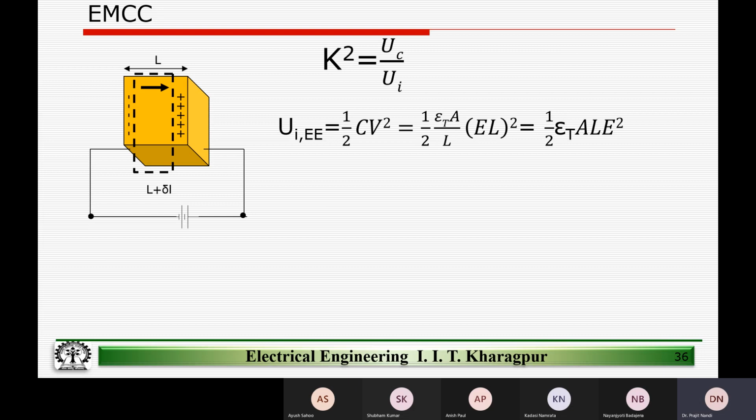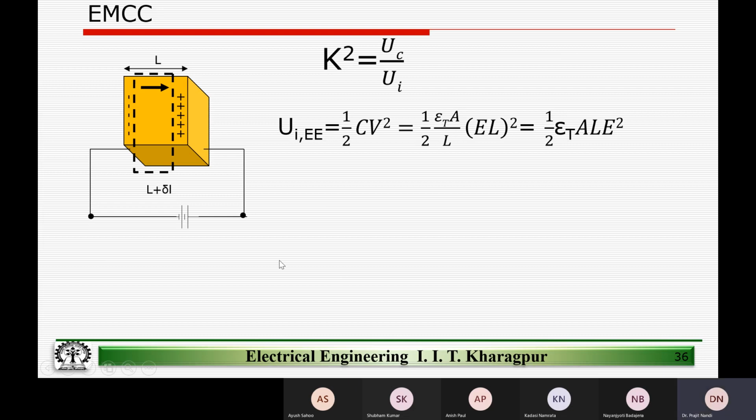Even subsequently, we will be dealing with larger equations, but I've tried to derive them from first principles so that you can get a good physical understanding of the equation. There's no point in mugging up the equation, because that's not going to fetch us anything other than probably grades. And grades, like everything else in life, have limited value. Having a good grade is fine, but it won't serve you if you don't understand the subject, right? So what we said is K square is essentially